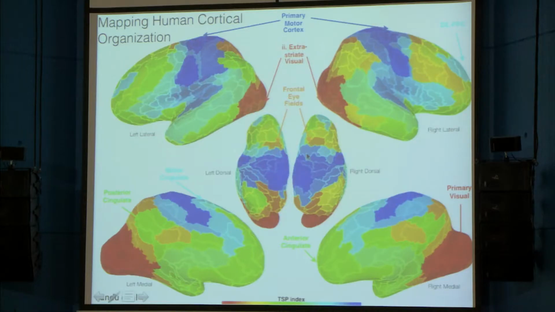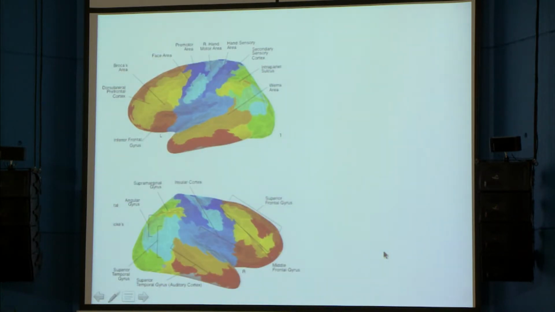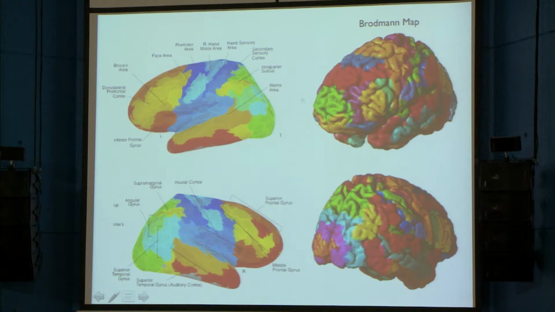Then we can start to look in more detail. We can see that there's some functional correspondence to these clusters. There's visual cortex, there's frontal eye fields, there's language areas, and it begins to look like a high-resolution version of a Brodmann map. We are in the process of doing more detailed comparisons between these clusters, which come out from the entire brain within a 10-minute run. This is averaged over 7 subjects, but within 10 minutes of averaging for each subject, and other means of segmenting the brain. It seems like it's becoming quite close.